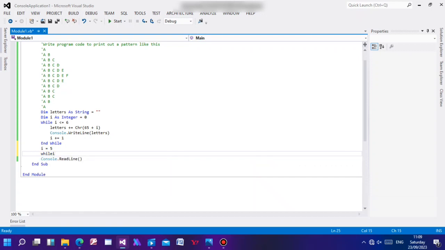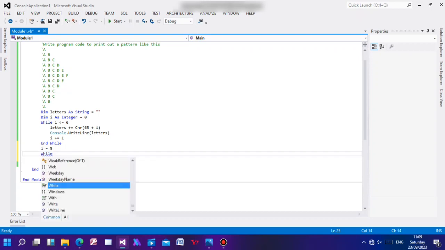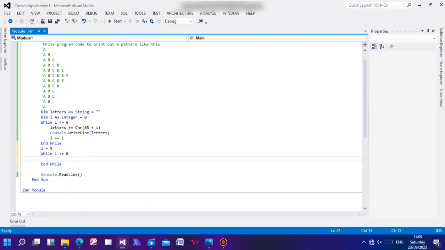While I is greater than or equal to 0, because now we are doing the other iteration, but here we are decreasing. Remember, here we were increasing, now we are decreasing. So we are no longer going from 0 to 6, we are now going from 5 to 0. While I is greater than or equal to 0, our letters